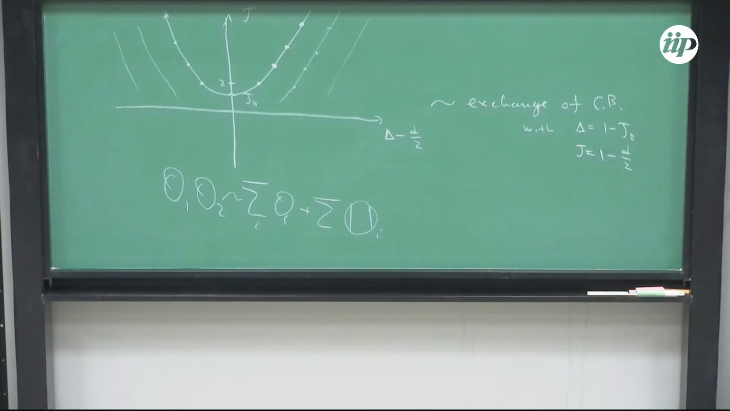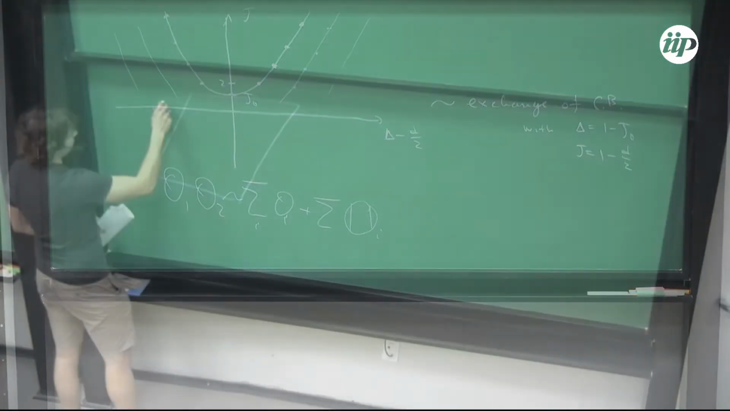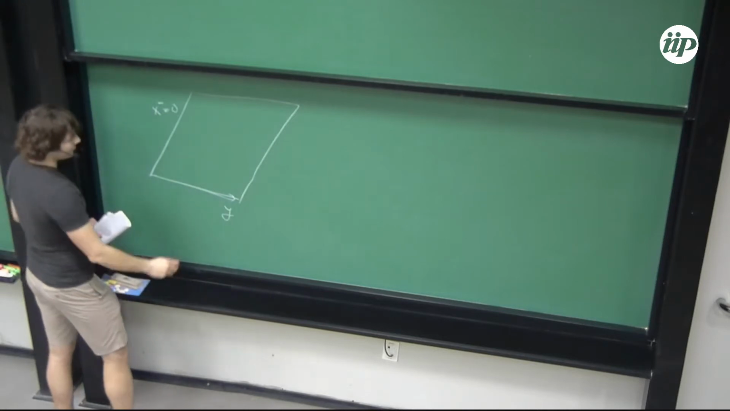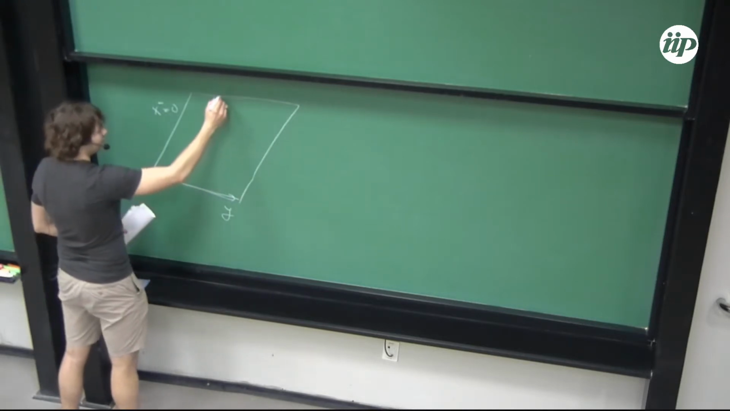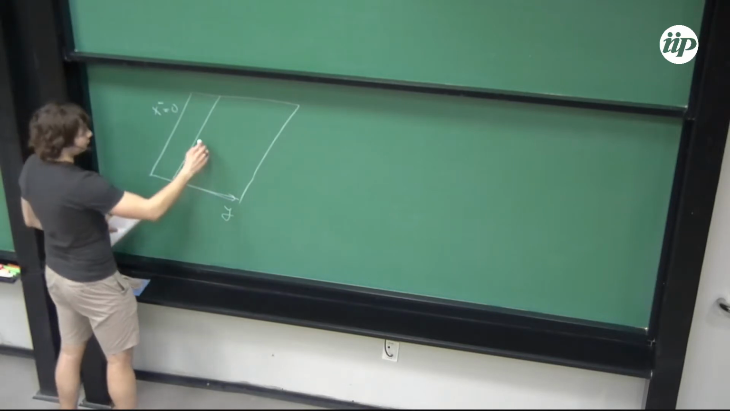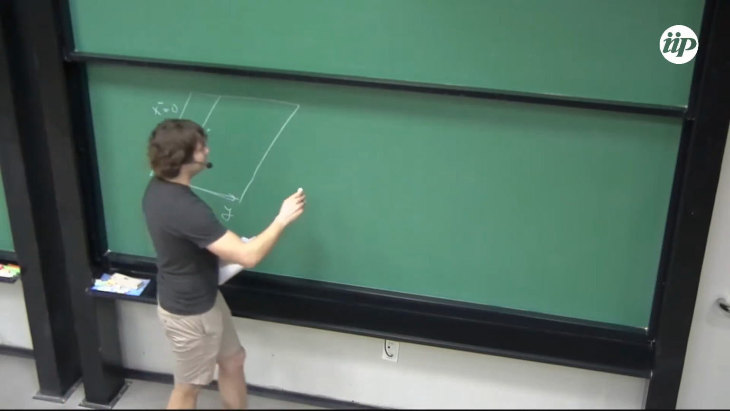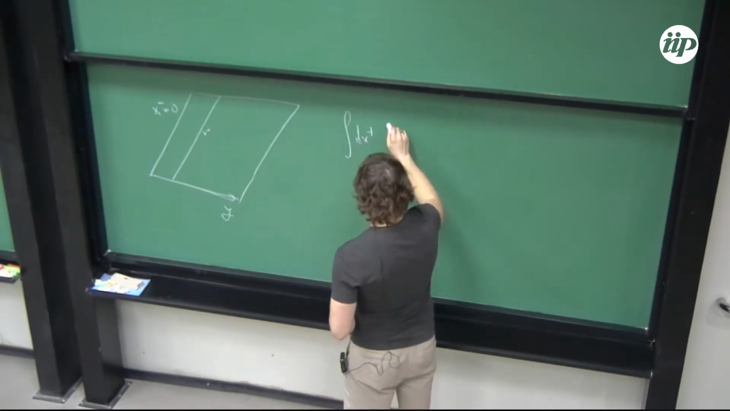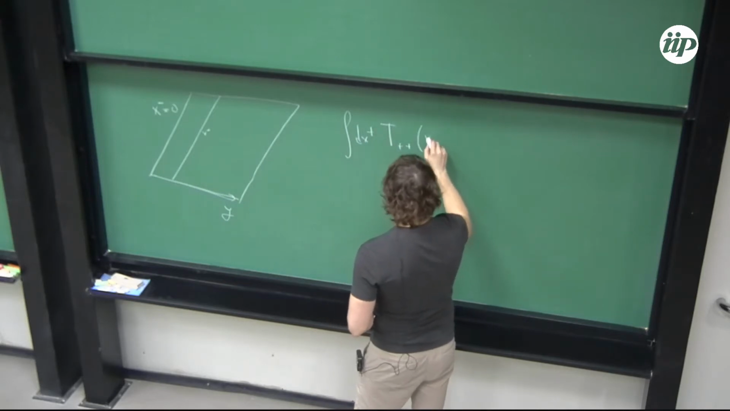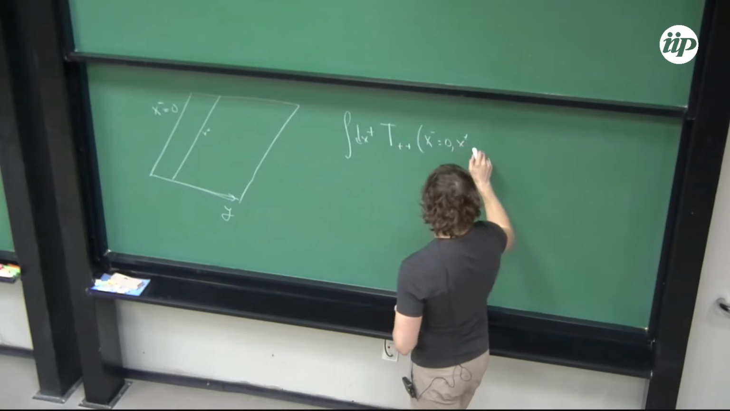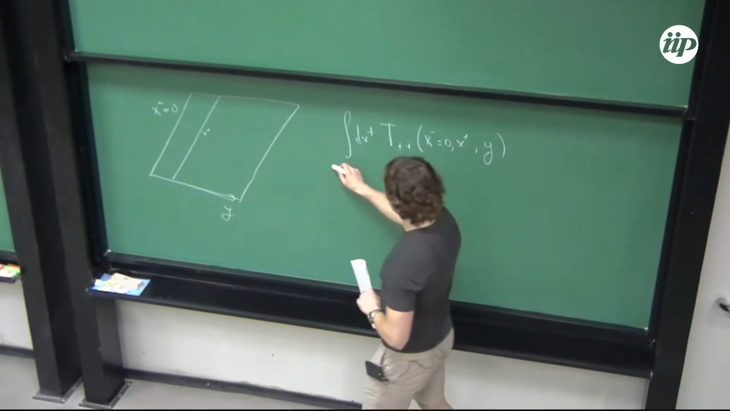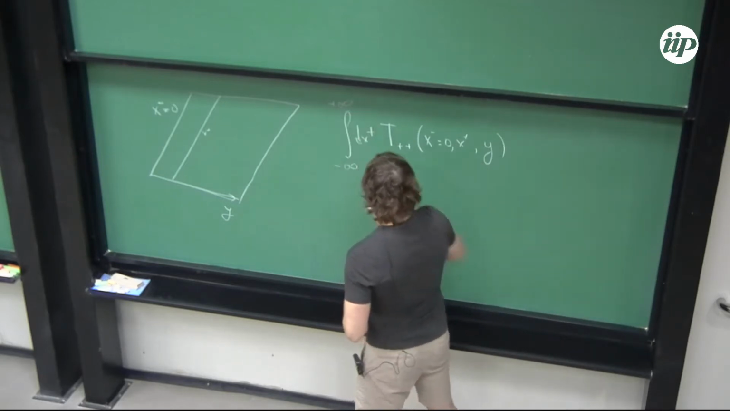Let's take some null sheet in Minkowski space. So this is some coordinate x minus equal to 0. There's some transverse coordinate y. And what I want to do is take a null line here parameterized by x plus and consider an integral dx plus at t plus plus x minus equals 0, x plus and some transverse coordinate y. So this is an integral from minus infinity to plus infinity, and this is